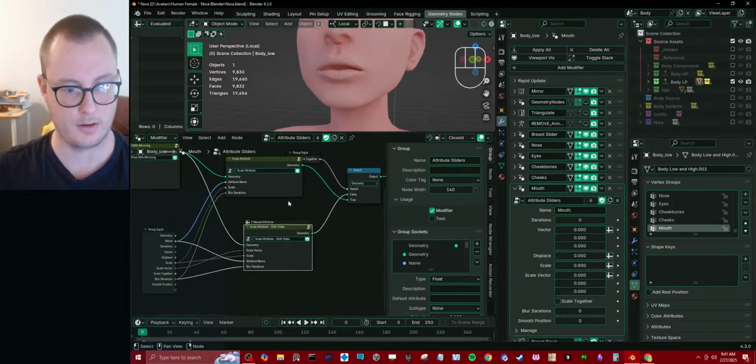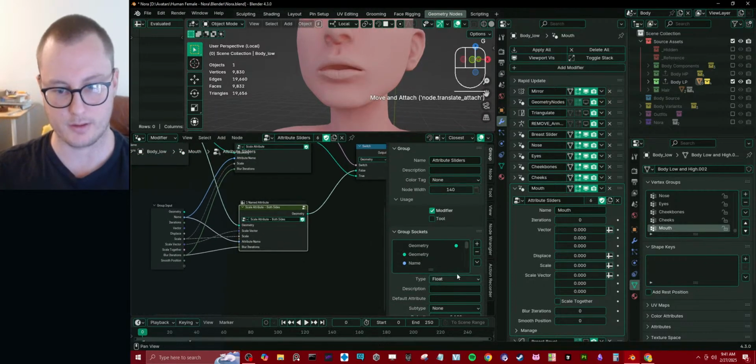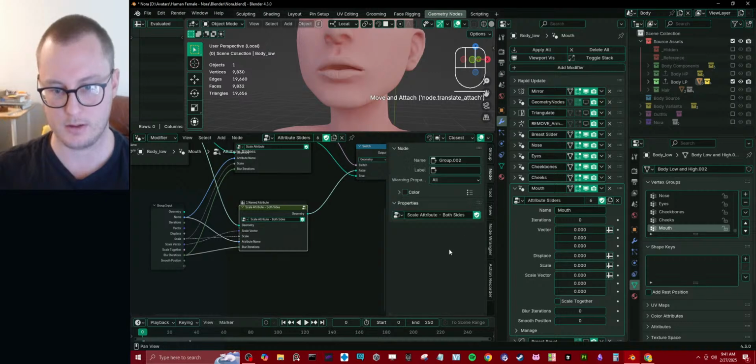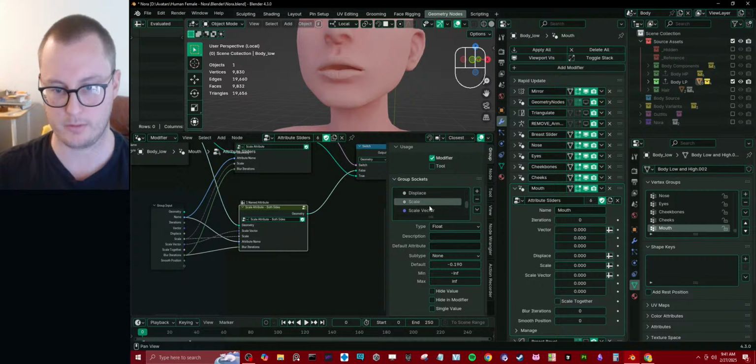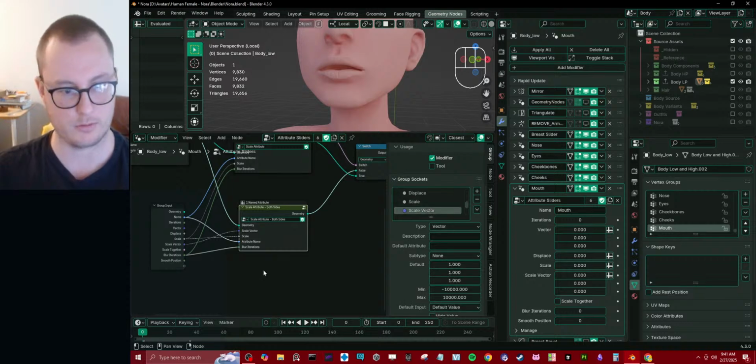So, we did the scale vector for this one. Also go to node group or whatever. Scale vector default should be all ones. These should be